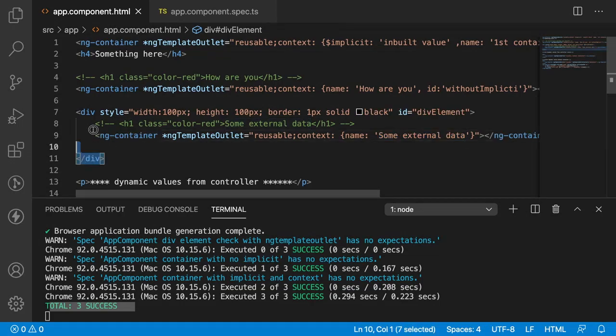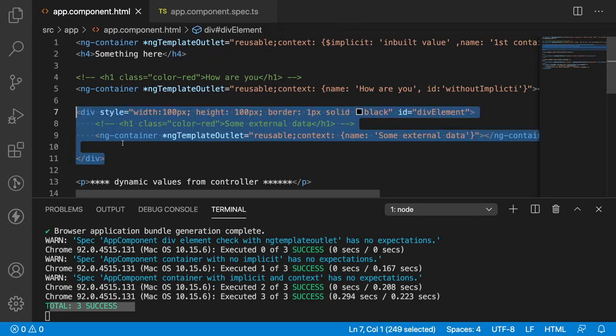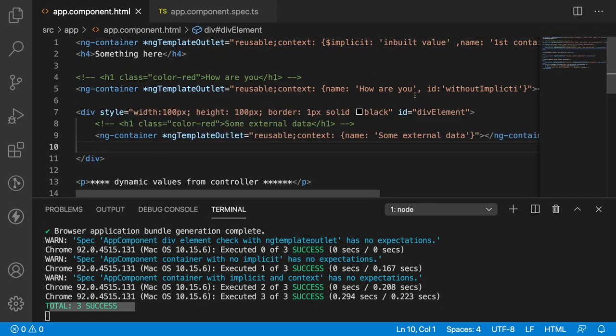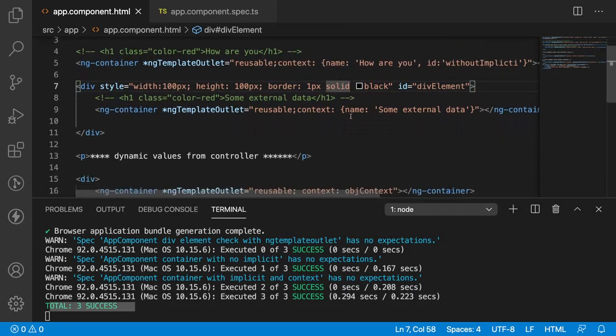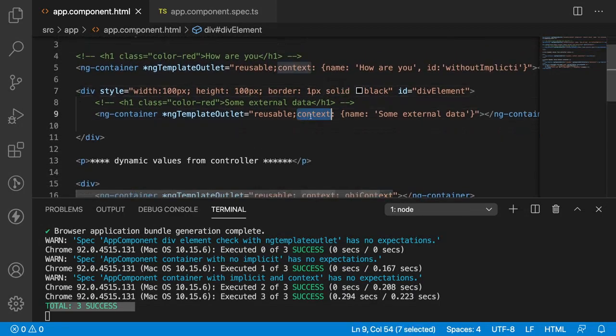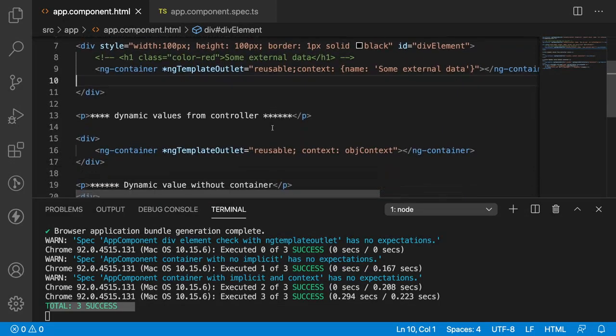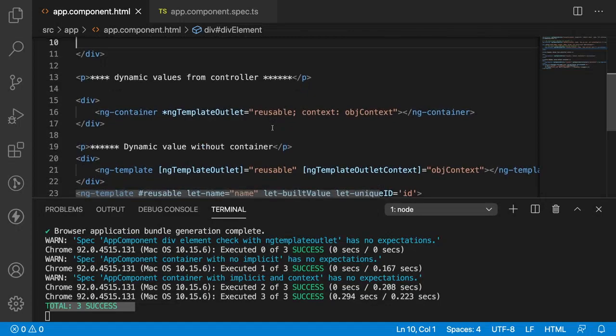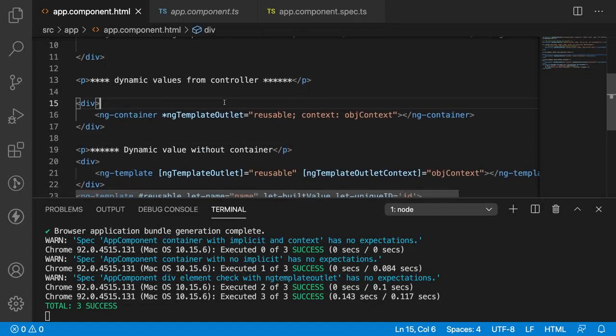But in this case, we had a parent ID, so there is no need to check with my internal ID or implicit ID. So always use the implicit ID or pass it as a context when there is no parent variable. If you have the parent variable, it is easy to identify and capture. So now what I want to do is test this dynamic content. So let me use an ID in the parent one.